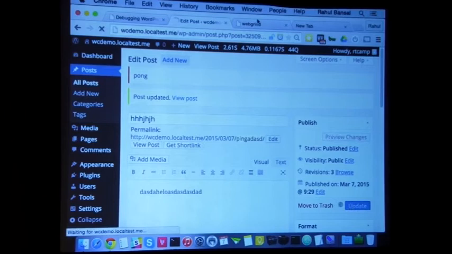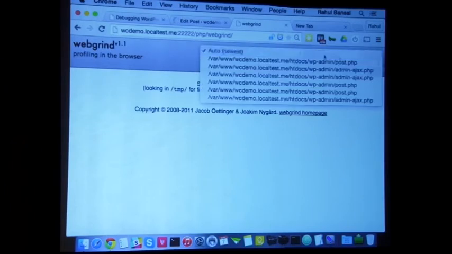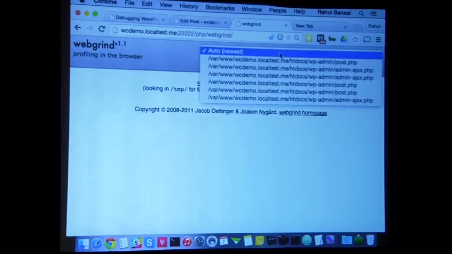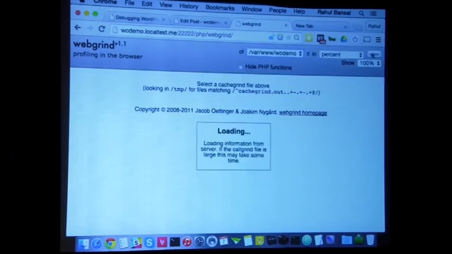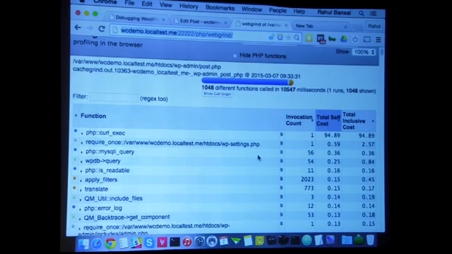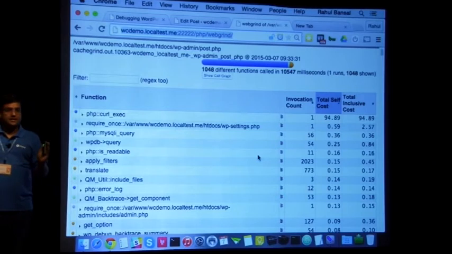Okay, so yeah. See, I haven't opened my API call code, right?